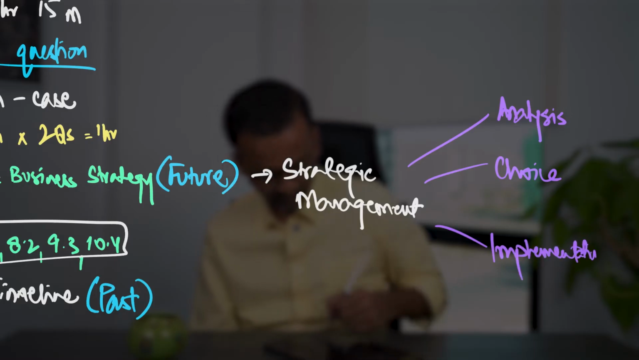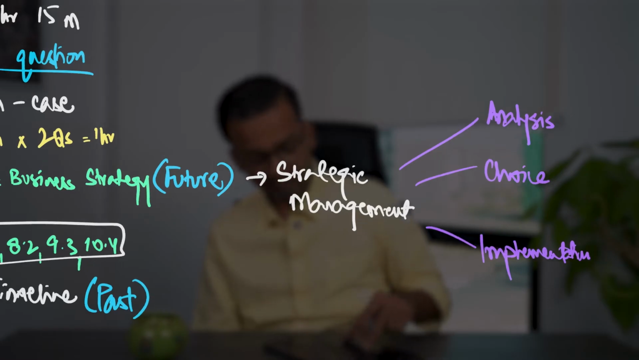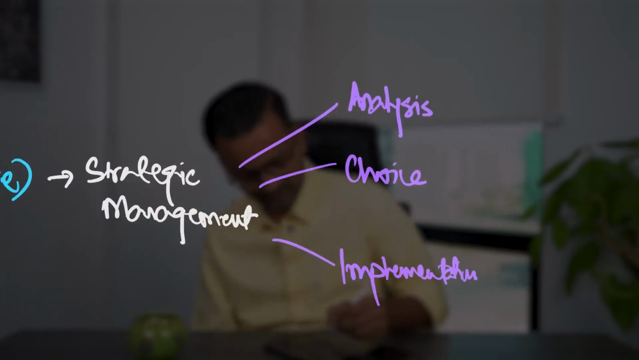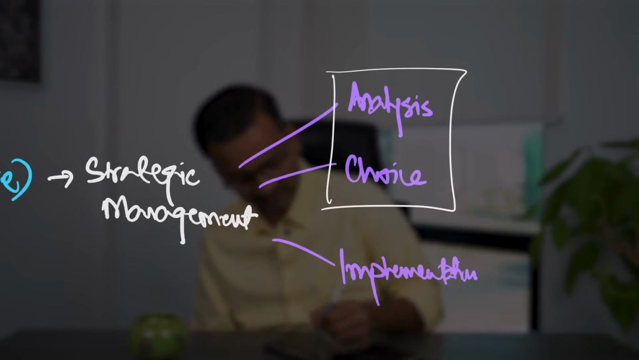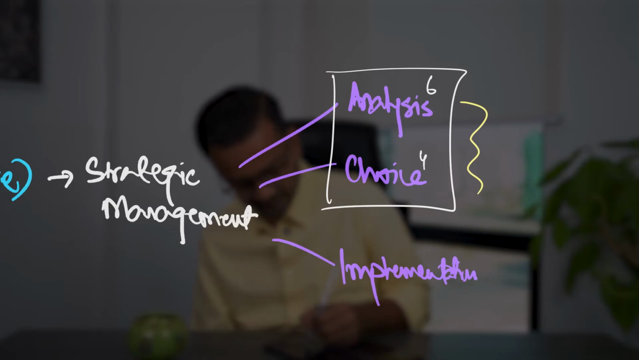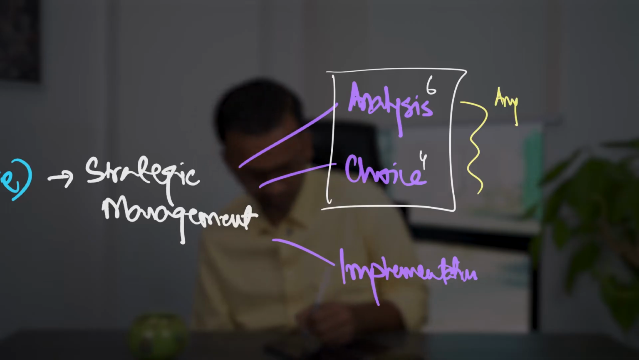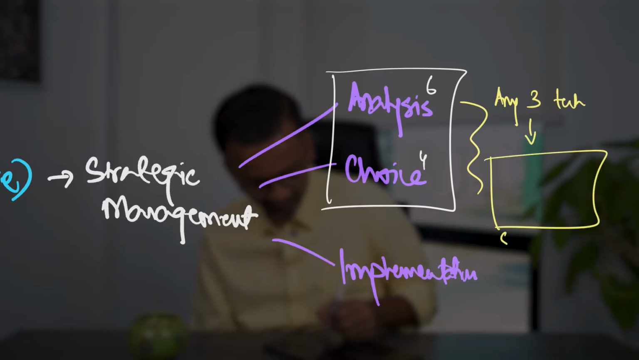Right? Now, if it's a question which is asking you to talk about developing a business strategy, then you make it a combo of the analysis and choice techniques. So there are 10 across these, 6 in analysis, 4 in choice. What you have to do is use any 3 at least. You could use more, any 3 techniques, and then towards the end of your answer, just make sure you sum it up,